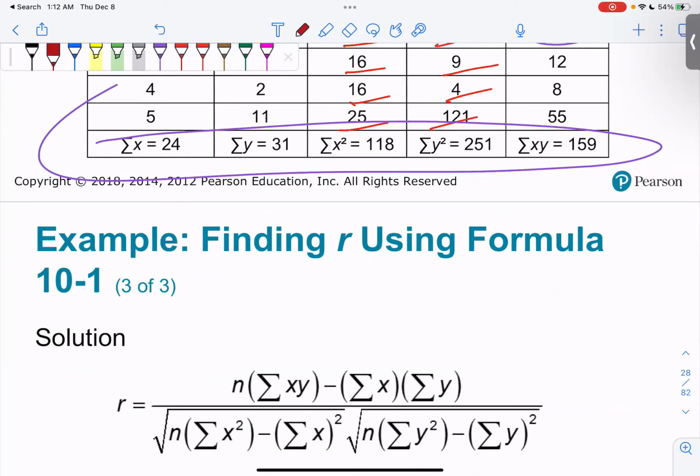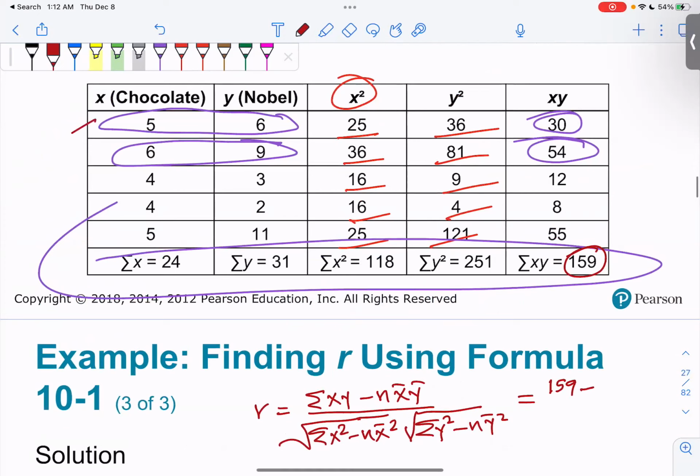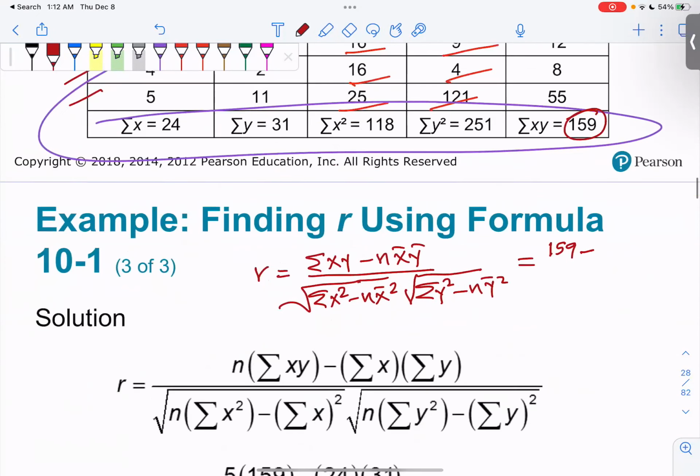So you can say, okay, R will equal summation xy minus n x bar y bar, divided by the square root of summation x squared minus n x bar squared, times summation y squared minus n y bar squared. And then let's go. Summation xy will be 159 from here, right? Minus n, equal to 1, 2, 3, 4, 5. So n equals 5. So we have 5, and then